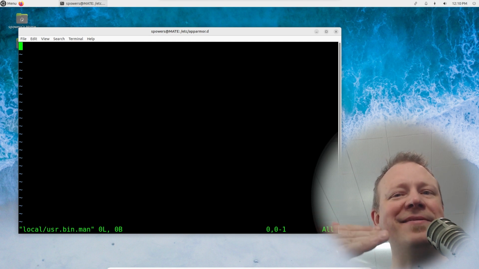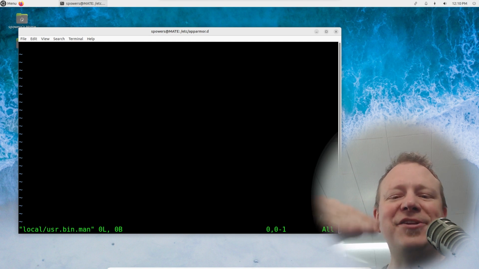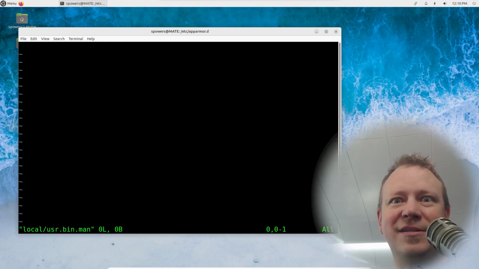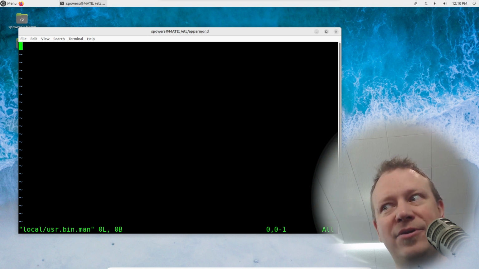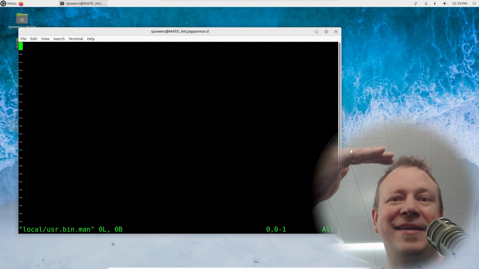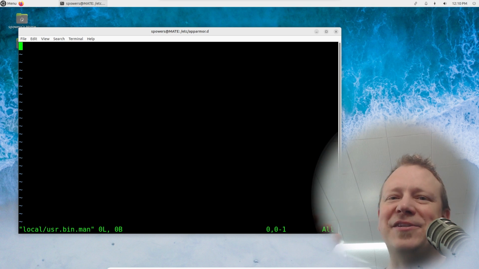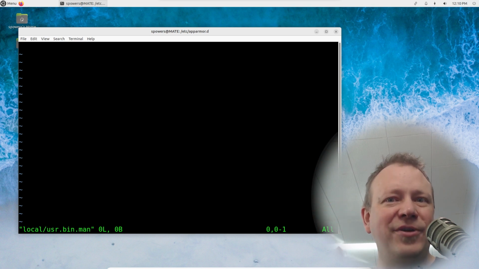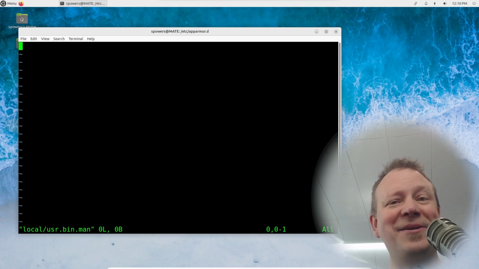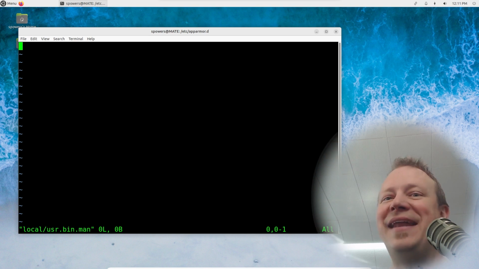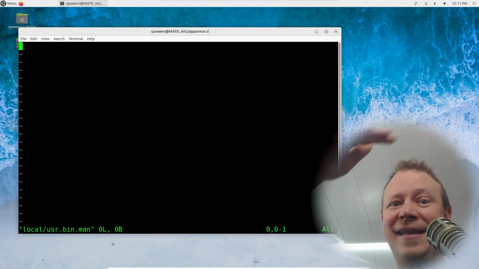And so the thing that we need to be aware of, though, is if you make a change here, but there's a deny in the original, when it gets parsed, it parses all of the allow commands and all of the allow commands in the local. And then it does all the deny commands and all the deny commands in local. So you can run into this problem where, let's say something is denied in the original profile and you want to allow it. But if you put allow in this local override file, it's not going to override that because it does all of the allows first in both the profile and the local override file, and then it does all the denies.